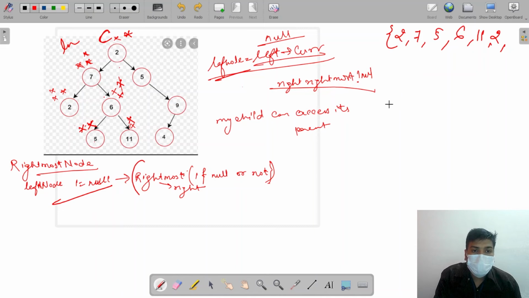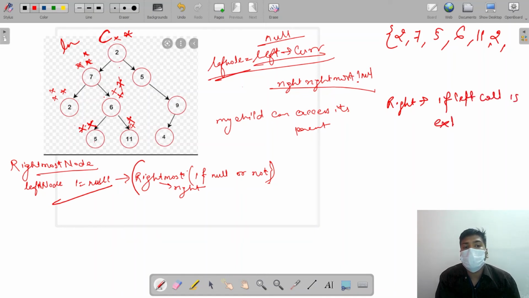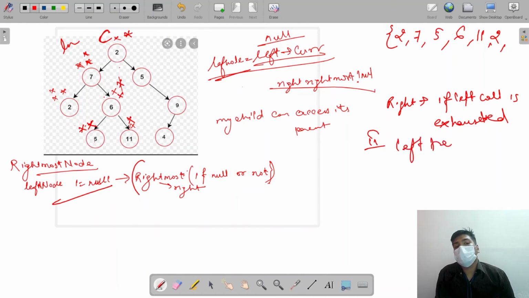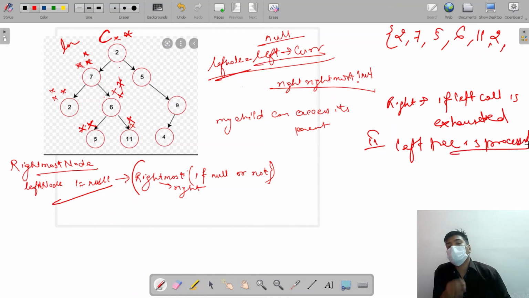So in right, there are 2 cases. First is if the left call is exhausted, or there is nothing in the left call. Second is if the left tree is processed, that means completed. If the left tree is processed or there is no left call, then we come to the right side. So we'll add to our in order collection, and then we will take this C to its